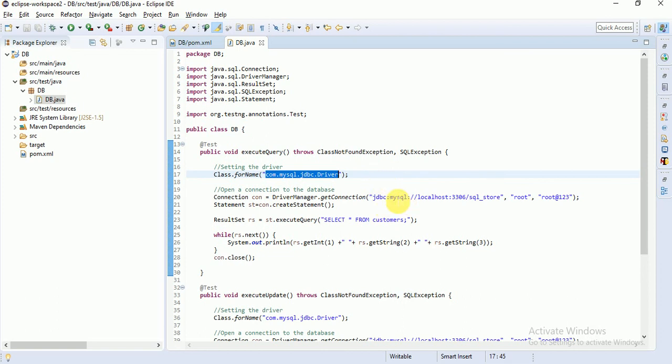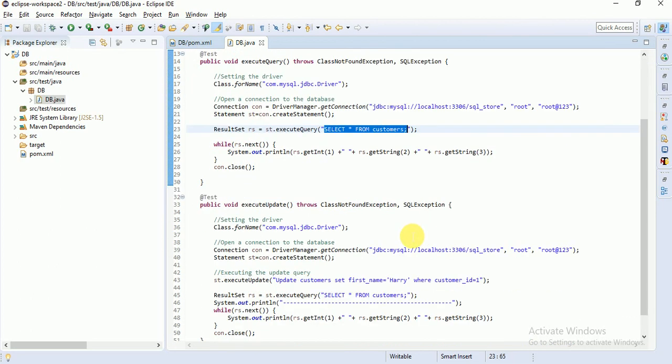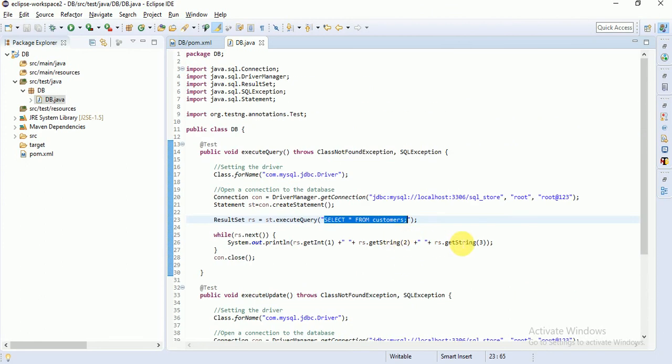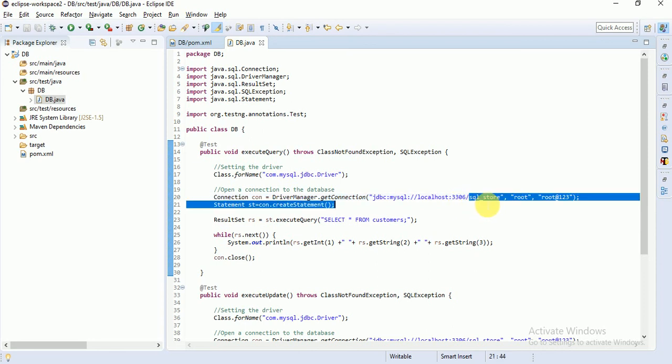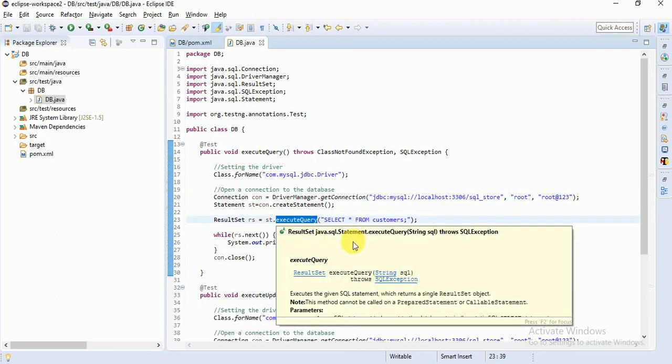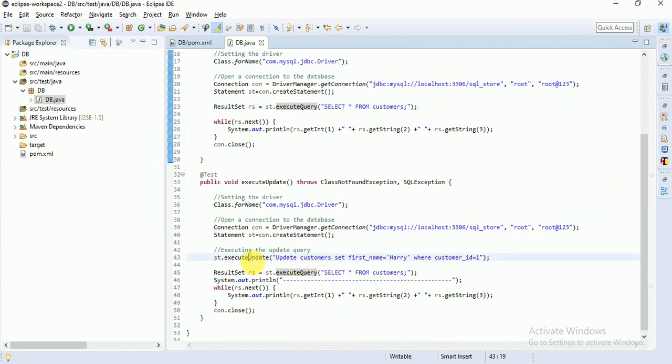Here also the same thing. If it is MySQL, we are connecting to MySQL; if it is Oracle, you need to provide the Oracle driver. Remaining everything is the same. Nothing is going to change because SQL is the same in any database, so we need not worry about that. And here you need to provide your port number, this is your database name, and the username and password. This is the select query, for which you need to use execute query. For an update query, what do you need to use, guys? Execute update you need to use.